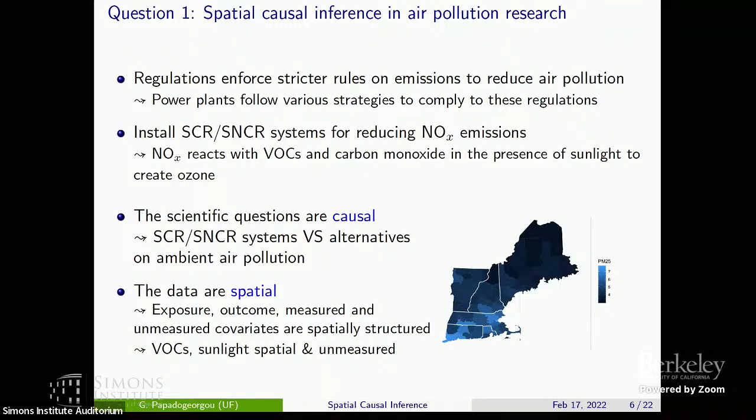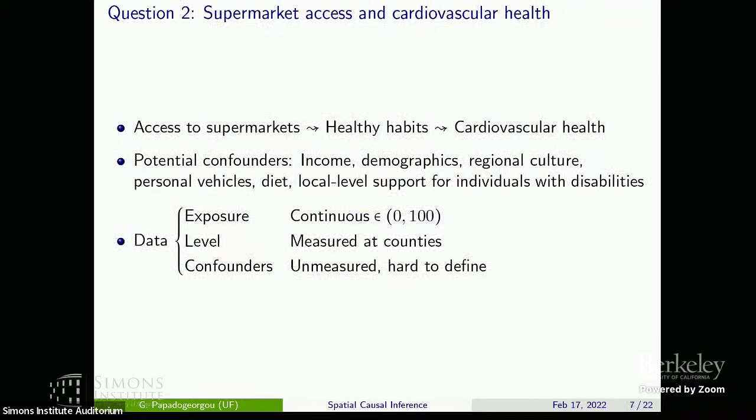And in air pollution epidemiology, most of the random variables we deal with are spatial in nature. So here I'm just showing you PM2.5 concentrations across New England. And there's this spatial trend in the sense that, again, nearby observations have more similar values of pollution than not. So we also expect that the confounders of this relationship might be spatial in nature. This is the situation that I'll be talking to you about later, where the treatment is binary and there might be unmeasured spatial variables. We have another application where the treatment is continuous.